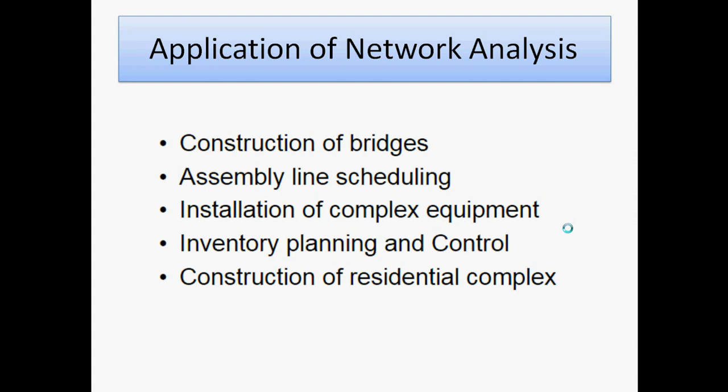Then inventory planning and control. This type of function, inventory management, is involved in batch type production, or you can say project type production. That means a larger amount of inventory is required, so more investment is there. That's why this inventory cost is added, and the project cost will automatically increase. So how it can be utilized in a minimum way, that type of study will also be done by network analysis. Is it clear? So this is about network analysis.